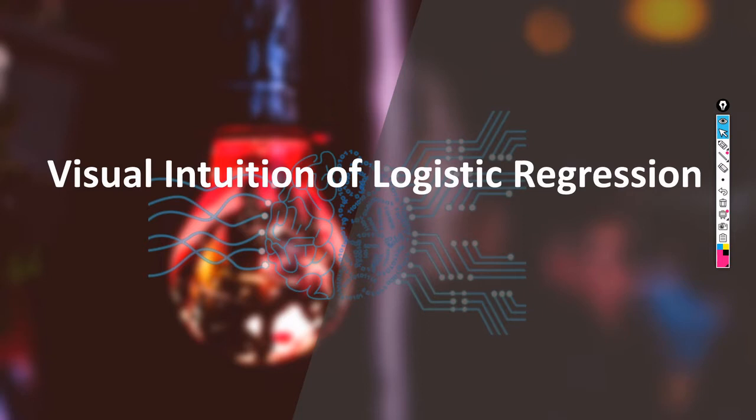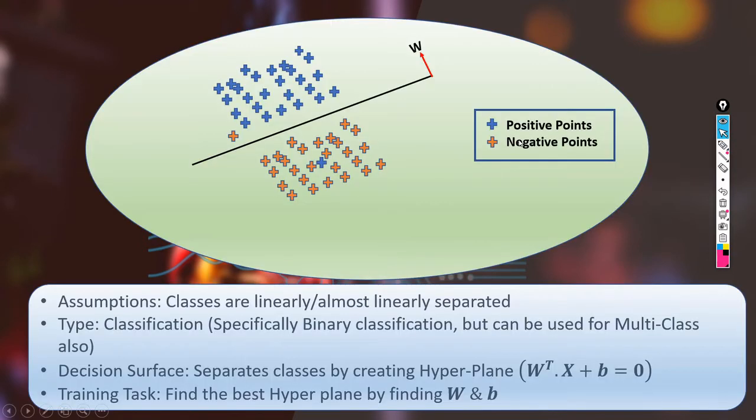This is the very first video of this tutorial on logistic regression. Logistic regression is another type of classical machine learning model that we will learn throughout this tutorial. At its core, it solves a classification problem, although there is a regression term in its name, so don't be confused. Logistic regression is not solving any kind of regression problem. It deals with classification, and to be specific, binary classification.